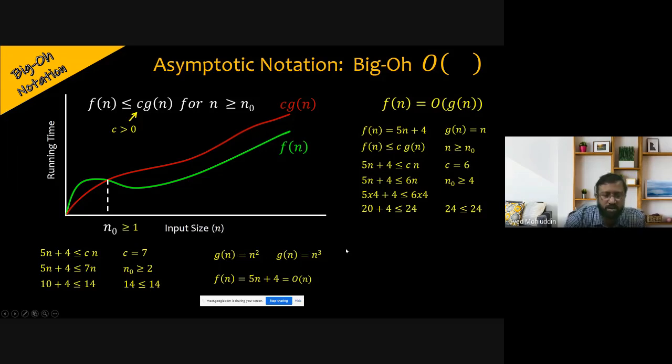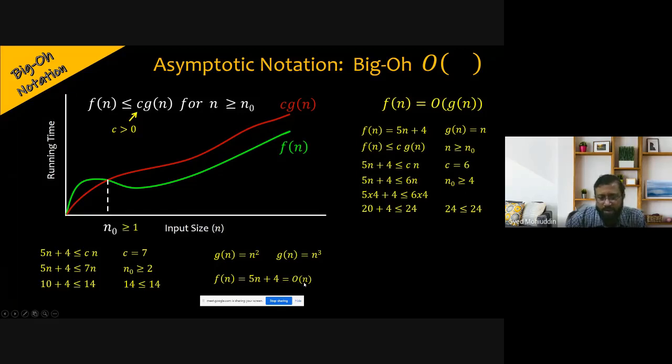So when we say f of n is 5n plus 4 and g of n is n, or n square, or n cube, f of n will always be less than or equal to c times g of n. And if it is so for some value of c and n0, then we say that the function f of n is big O of g of n. So for 5n plus 4, we can say that it is asymptotically equivalent to big O